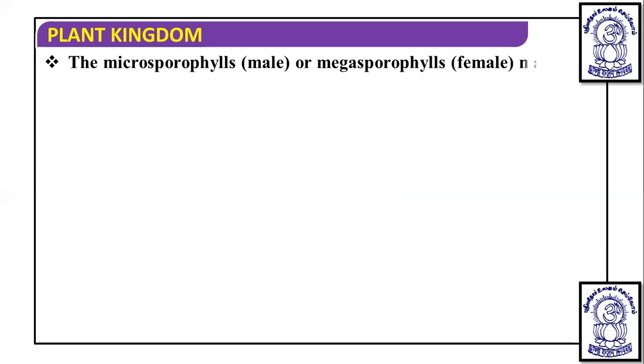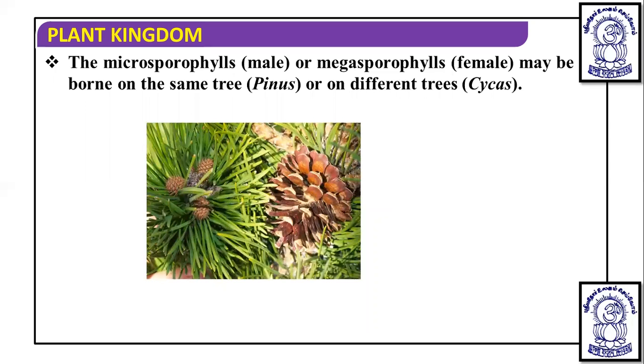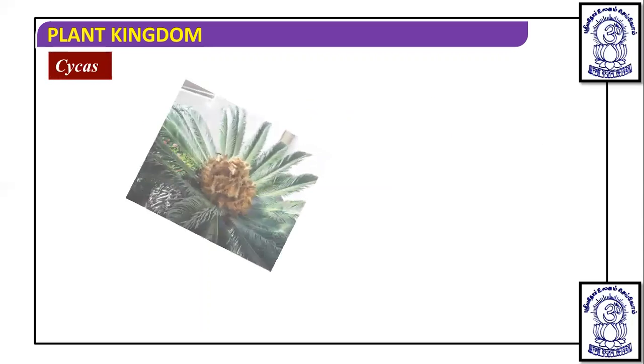The microsporophyll or megasporophyll may be borne on the same tree, meaning Pinus, or on different trees, meaning Cycas. Cycas is dioecious, Pinus is monoecious. You can see this is the Pinus. This is the microsporophyll. This is the megasporophyll. Okay. Whereas Cycas, if we talk,